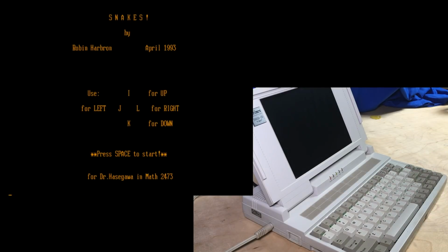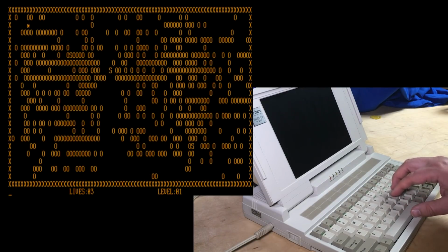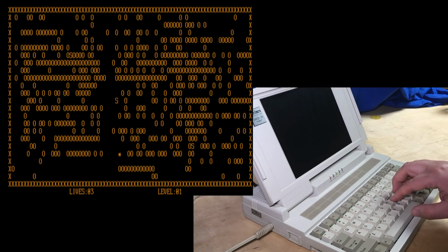There we go. Snakes by me. IJKL to move, space to start. There, okay, I'm the asterisk up in the top corner. Sorry about the music. It's terrible. I think I'm ripping off, like, is it Beast or something? Oh, that snake's coming after me. So you gotta box it out, box it up. But it's a really dumb AI, so...